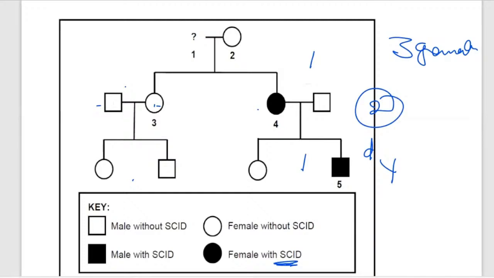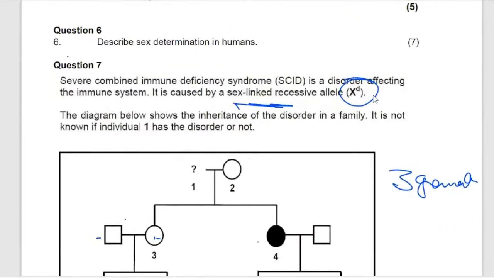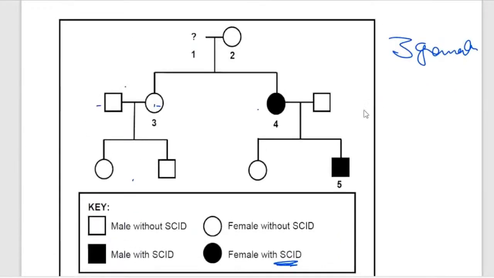All right, let's go to the next question. How do I identify? Okay, now someone is asking. I'm gonna go there so that we finish this. How do I identify one? To identify one, remember you have to first identify that this is caused by a recessive allele. If it's caused by a recessive allele, so what you need to do is